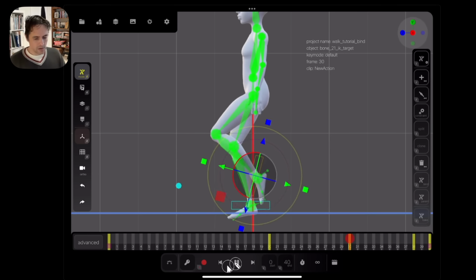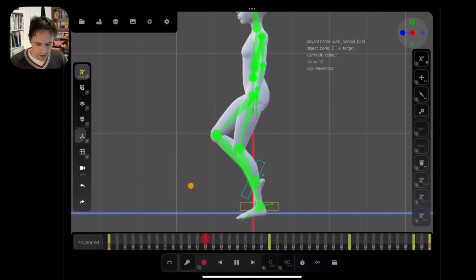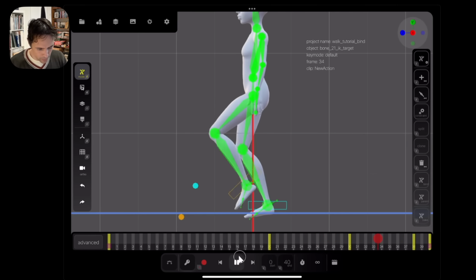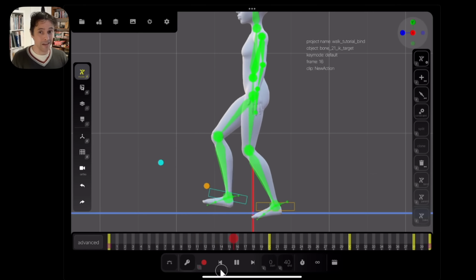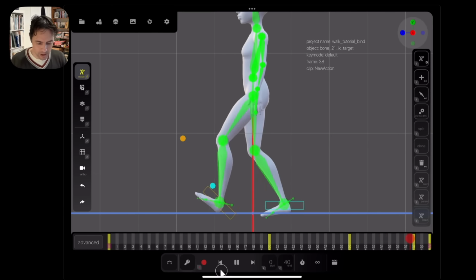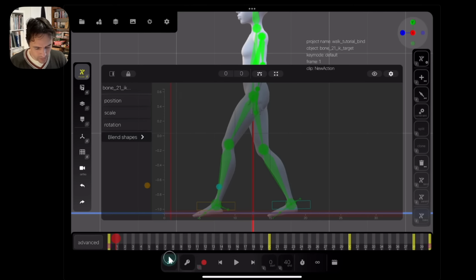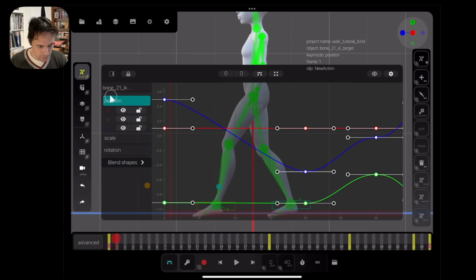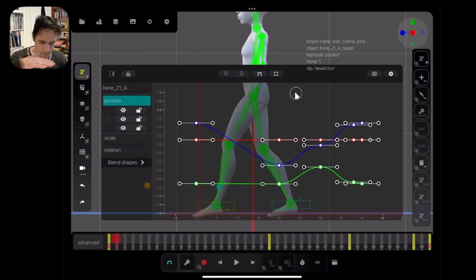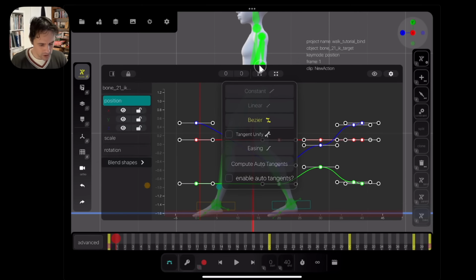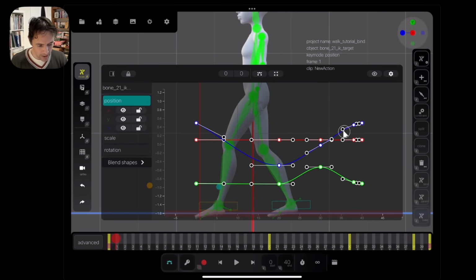So this slightly herky-jerky motion is from the default interpolation that Morphin does, which I kind of like because it makes it look sort of snappy, so you can see very clearly where your keys are. But we can have it auto fix up the tangents so that the motion is nice and smooth. So if we bring up the graph editor for this foot and go to the position keys, you can see that all these tangents are flat. So if I go to compute tangents, now we get nice smooth tangents,